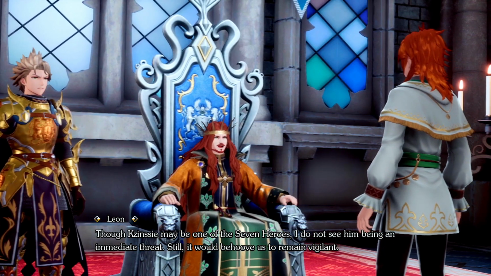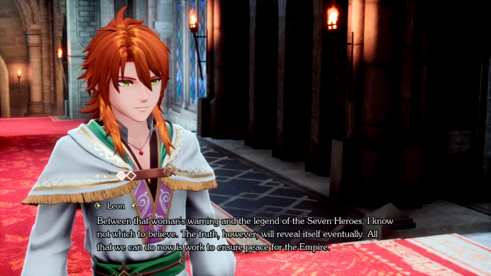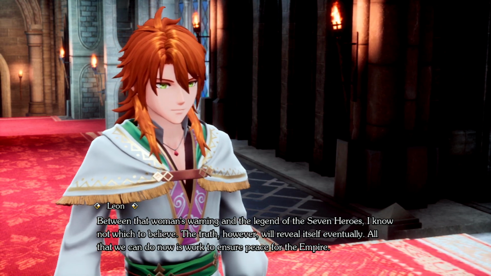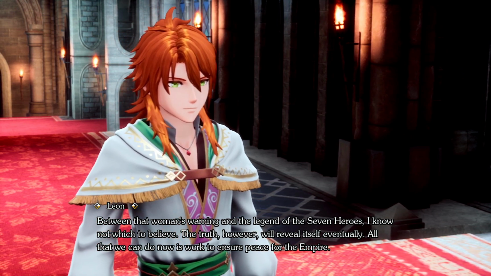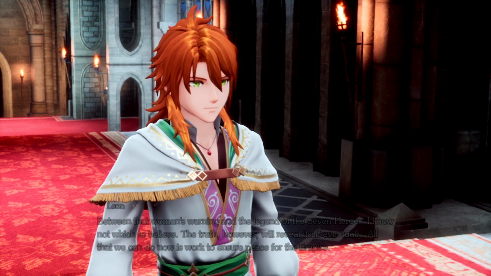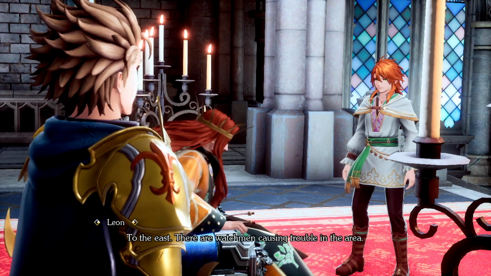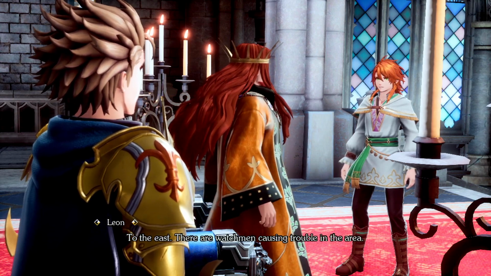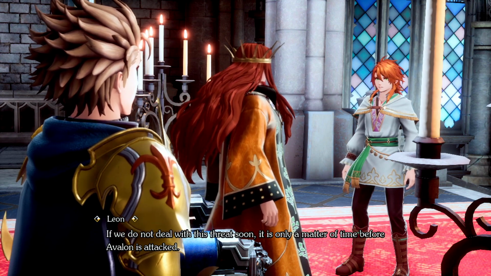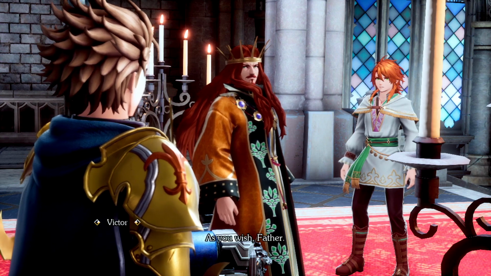気を許してはいないが Behoove. What a good word. あの女の警告と七英雄の伝説、どちらが正しいかはいずれわかる。今は国の平穏を取り戻すことが先決だ。父上、次はどこへ？東だ。ウォッチマンを討伐するぞ。鹿に救う奴らを放っておけば、いずれアバロンに侵食してくるだろう。ビクトール、後を頼むぞ。はい、父上。